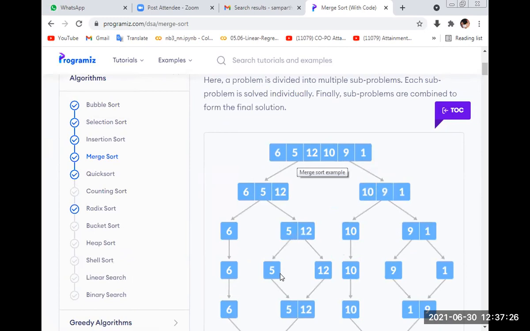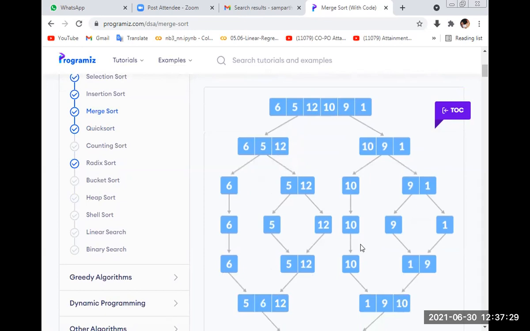Again, I divide this one. So we divide the problem into sub problems. Here we divide by 2 and get 3. Then 3 by 2 is 1 point something, so I consider one on one side and 2 on the other. Here I have 1 element and here 2 elements. Again this is divided, 1 gives only 1 value, and here dividing by 2 gives 2 individual values. So we separate all the values into singles.